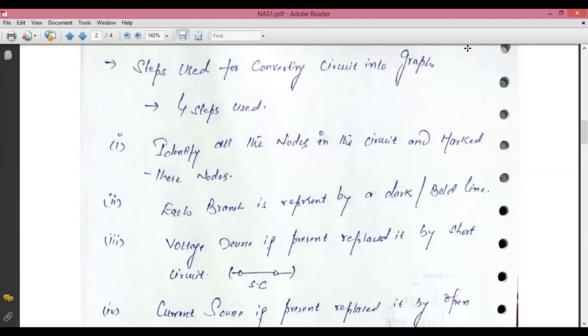And you have discussed node. A node is a point or a dot in a circuit where two or more than two branches are met. And junctions are those points where three or more than three branches are met. And one of the most important points that you should keep in mind is that every junction is a node, but a node may or may not be a junction. Clear?